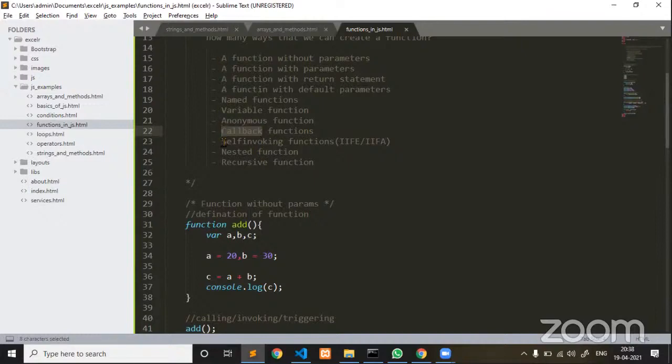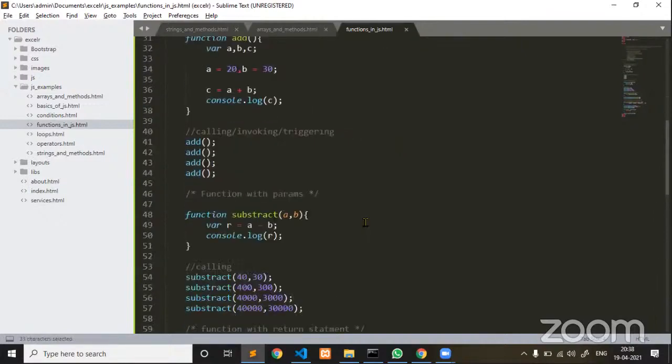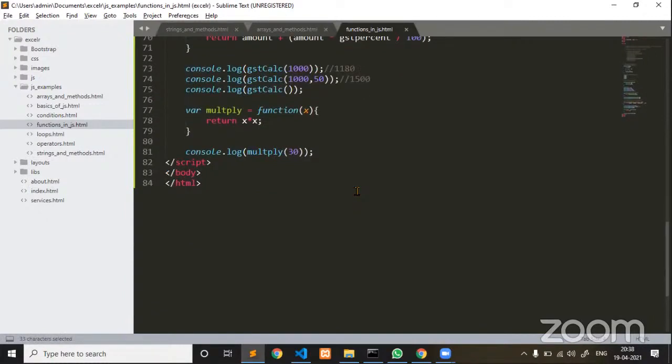Now self-invoking function I'm going to explain. Guys, self-invoking. I'm giving an example for self-invoking. If a function invokes itself when the page gets loaded, it is called self-invoking.